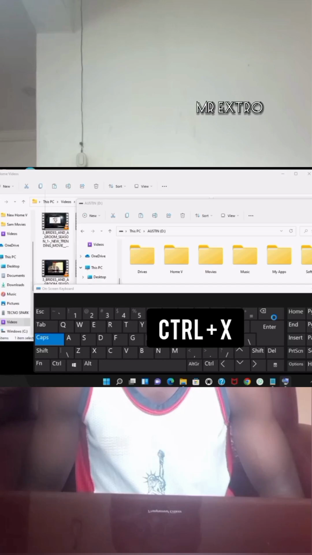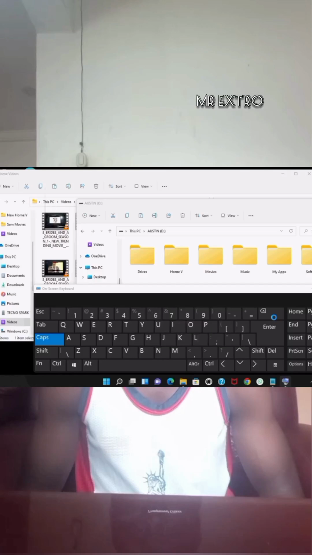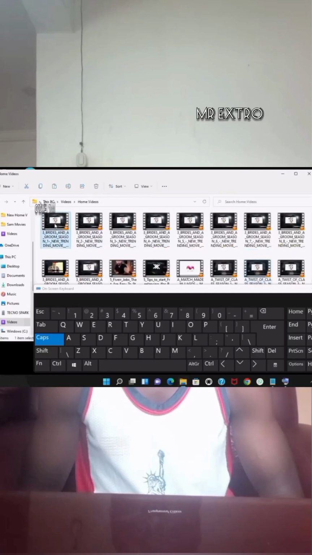So Ctrl X is used to cut or remove from one location to another. Ctrl X is used to cut any kind of file from one location to another. So instead of the normal copy and paste, let's say for example, instead of Ctrl C to copy, you now do Ctrl X. So if you paste it to another location,